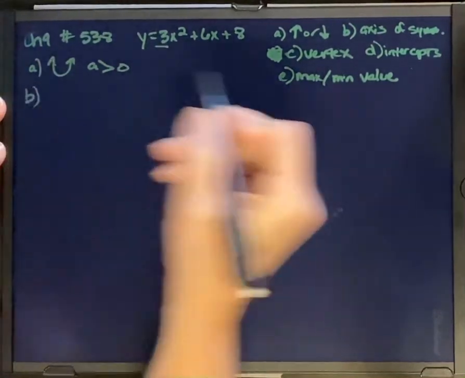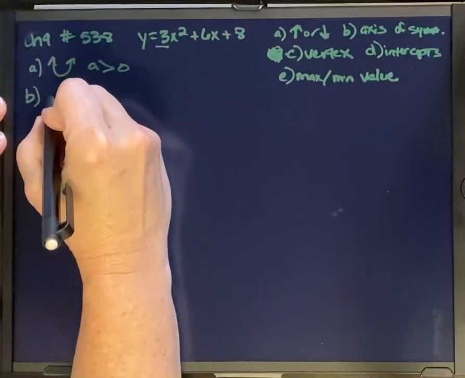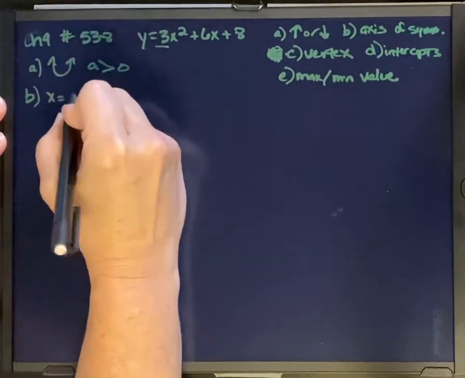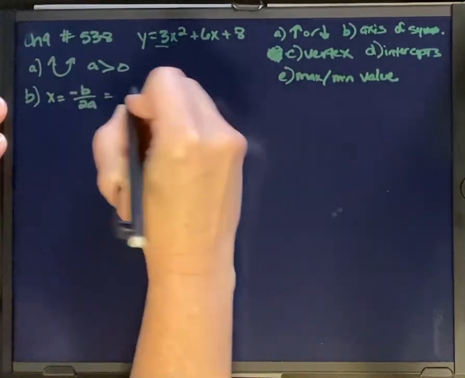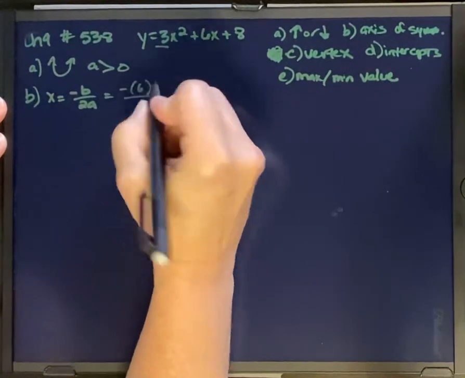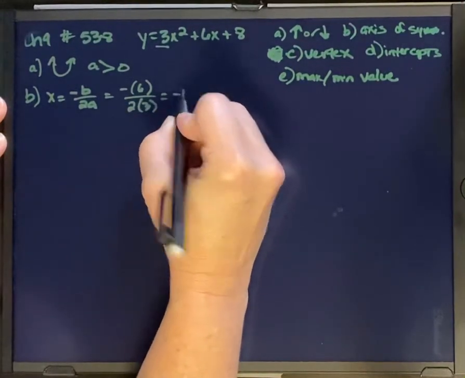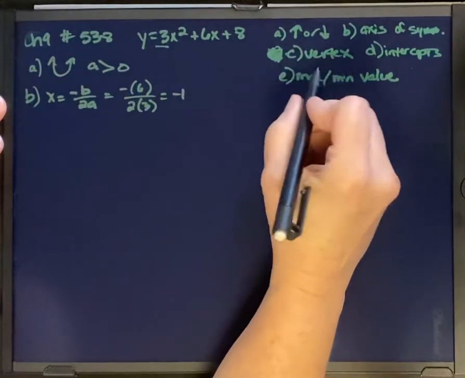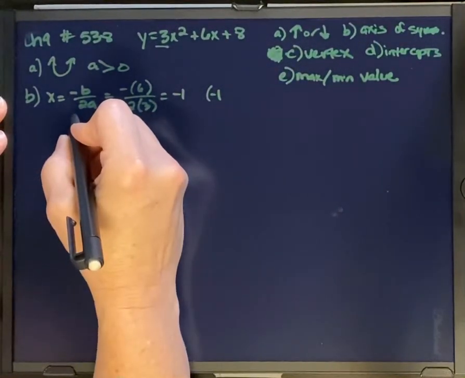For b, it's asking us what's the axis of symmetry. So if you look up the axis of symmetry, it occurs at the point x equals negative b over 2a. So we're just going to substitute. We've got 6 over 2 times 3. So we've got negative 1. Our vertex is going to be at negative 1, and then we're going to plug it in for